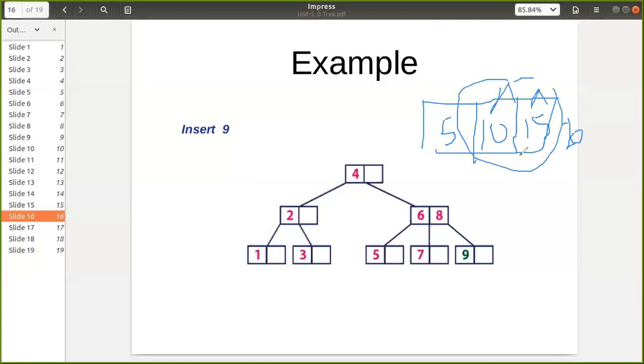We have the middle elements here, so either we can consider this part or we can consider this part, no problem. It depends on the implementation whether we consider this node or this node. But once we consider this node, throughout we are going to consider this first node only. If we consider the second node, throughout the implementation we are going to consider the second node only.